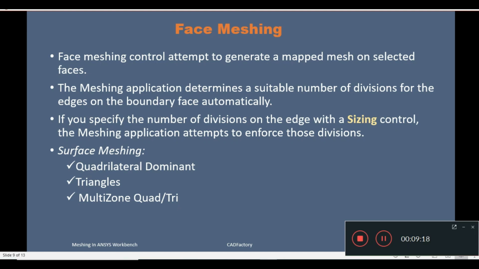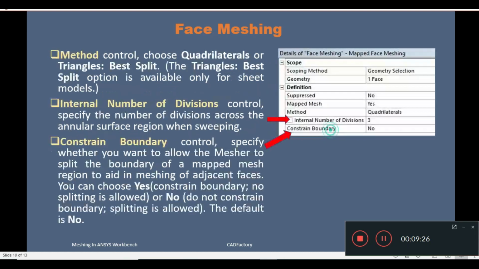There are three methods we know for surface body meshing: quadrilateral dominant, triangles, and multi-zone quad/tri. Apart from these three, when we use this face meshing control there are other local controls like method, internal number of divisions, and constrain boundary.